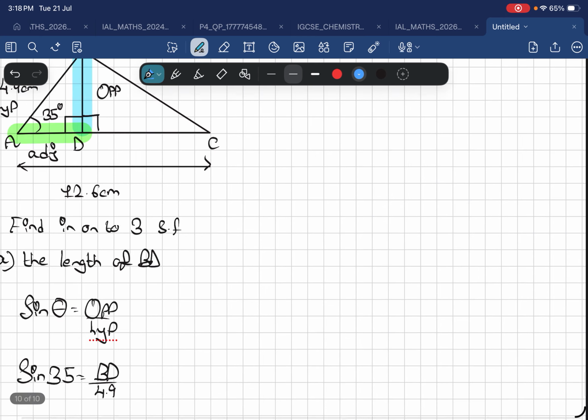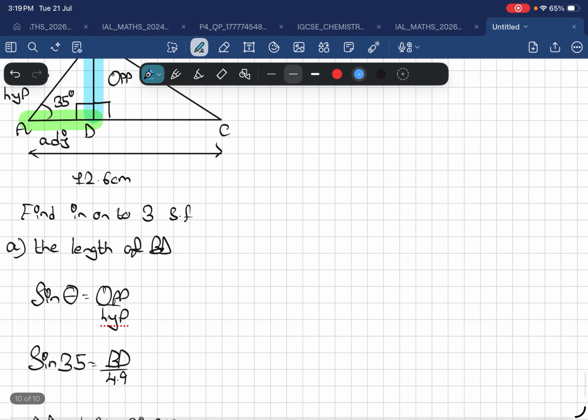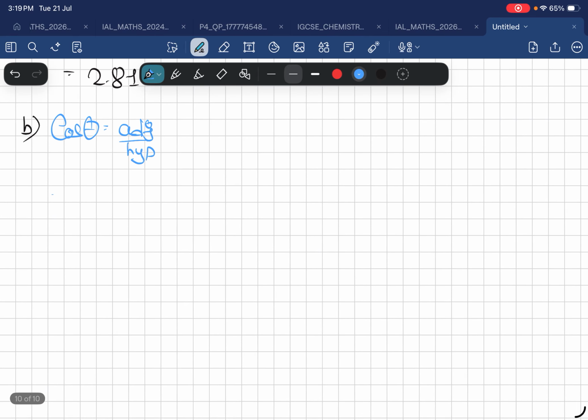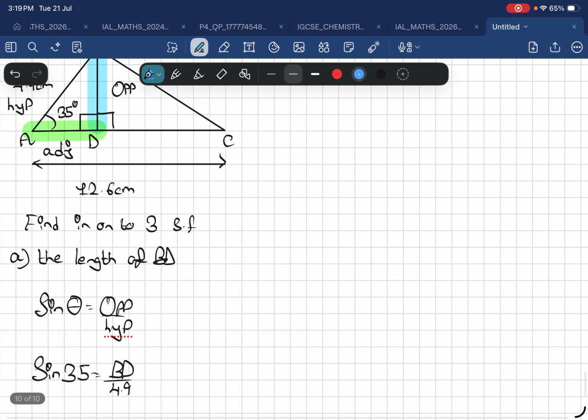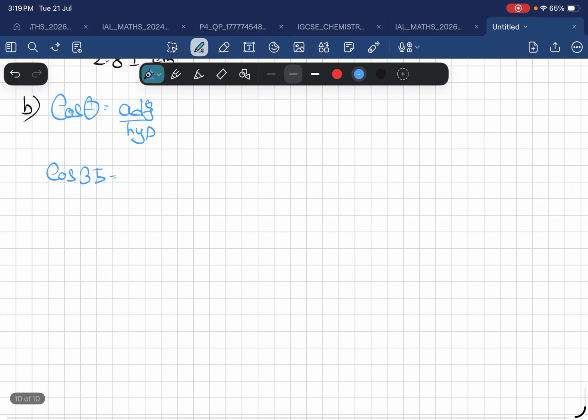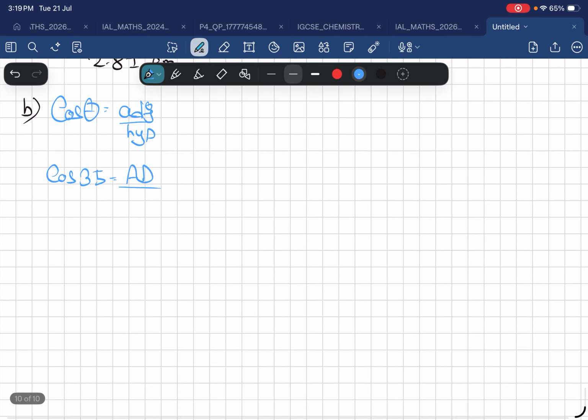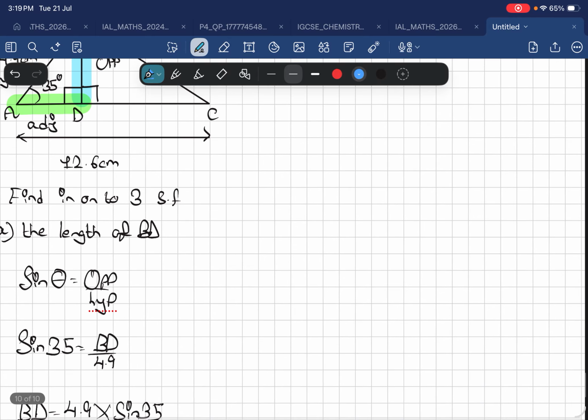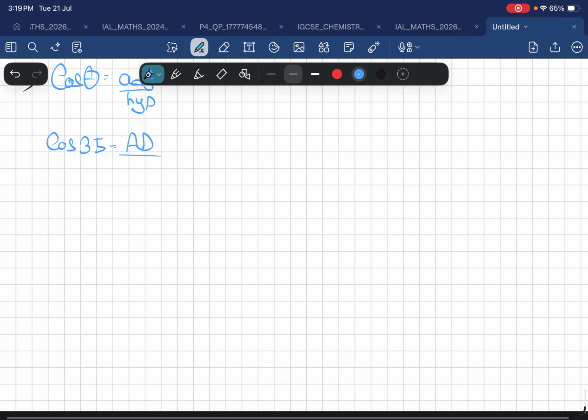So what's the angle of cos theta? It is cos 35. What is the adjacent? The adjacent is AD, which they told us to find in the question. And what is the hypotenuse? The hypotenuse is 4.9. Now if you use your calculator, you will get 4.01